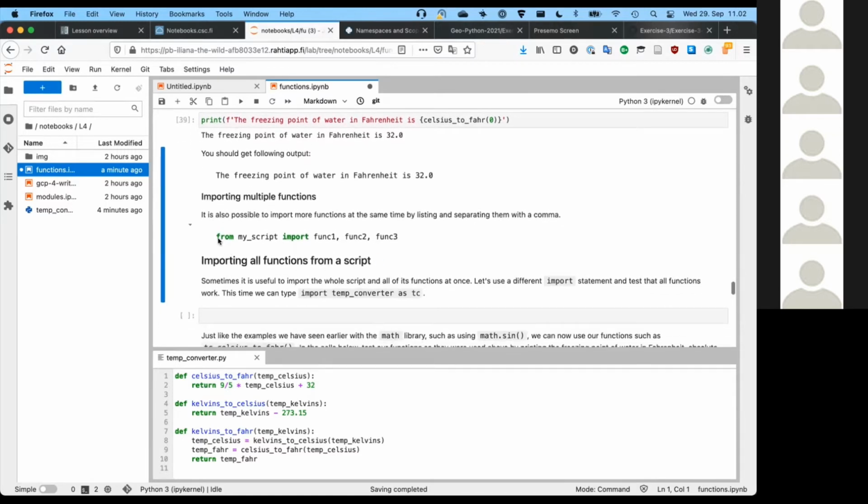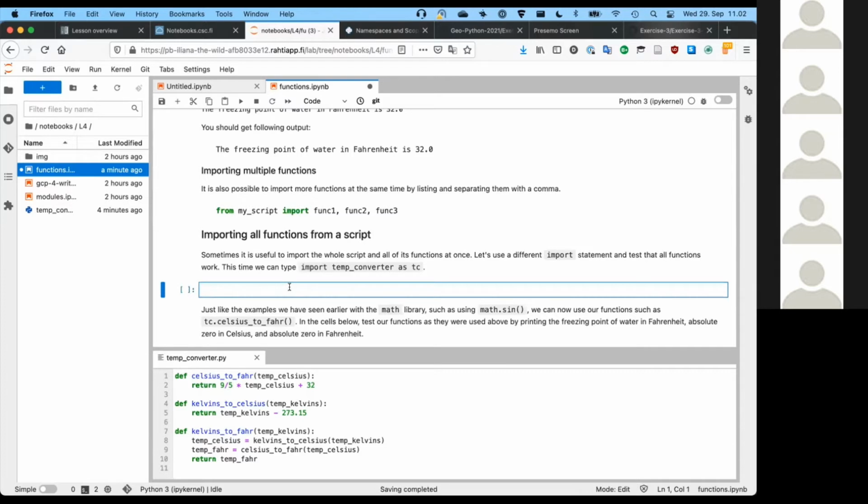If you wanted to take multiple functions from some script file, you could say from whatever the name of the file is, import function 1, function 2, function 3, just separated by commas. Not necessarily the recommended way to do it, but you can do things that way. But what's better in some cases when you're working with multiple functions from a single file, and maybe when you don't want to have possibly other functions with the same name interfering with this, is you can bring the whole script in as